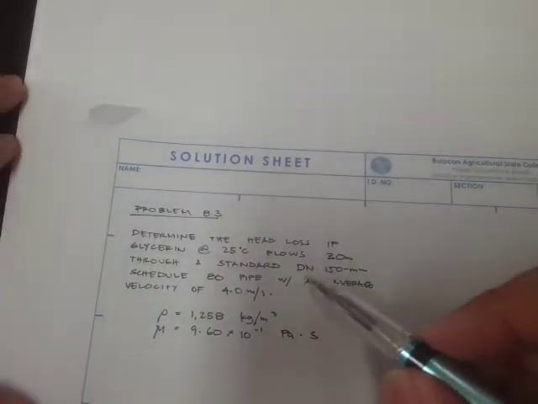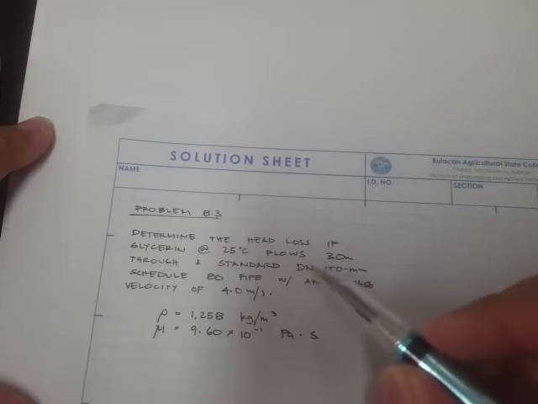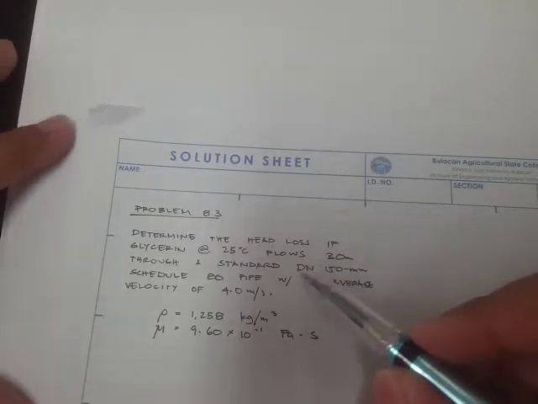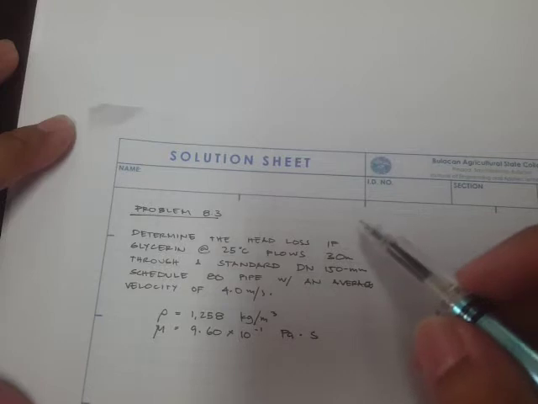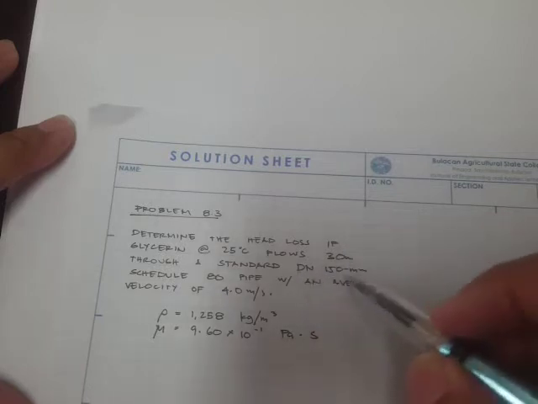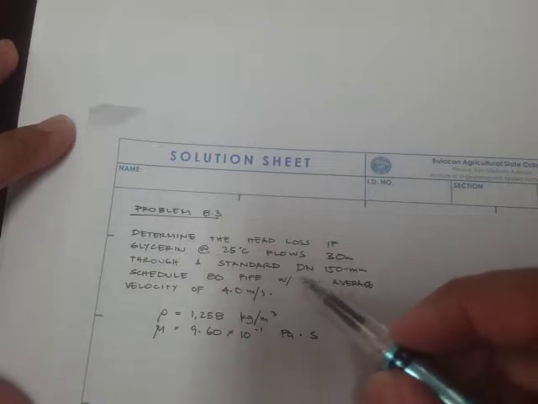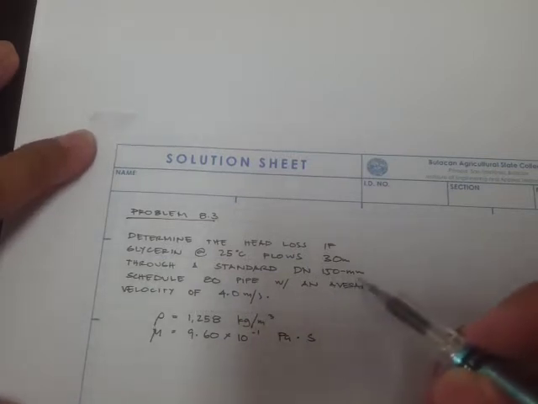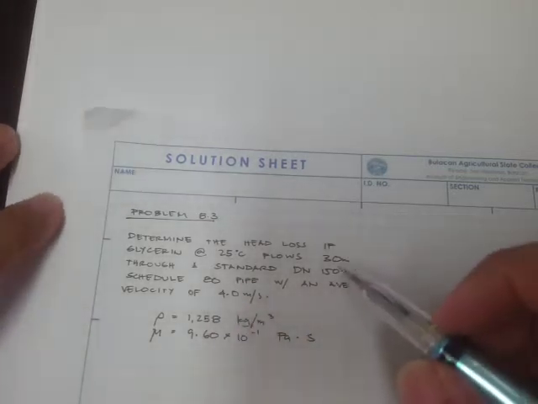Okay, so this is one of the standard specifications for pipes. There's also standards for example ASTM or AISI or whatever. Okay, so it's just one of the many specifications that's available out there. You can see here 150 mm, and this is the diameter, and the schedule refers to the thickness. Okay, so